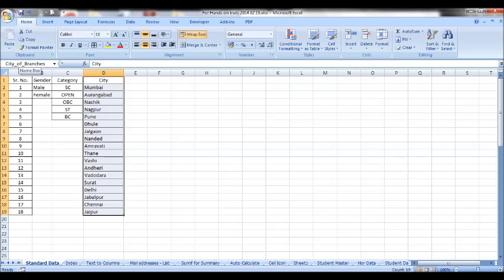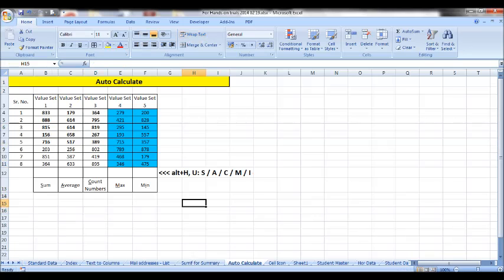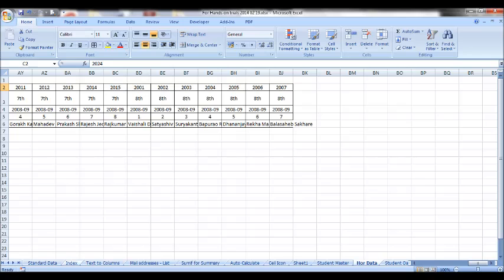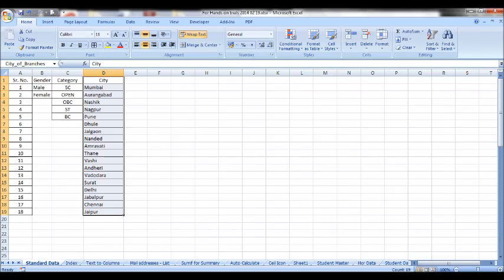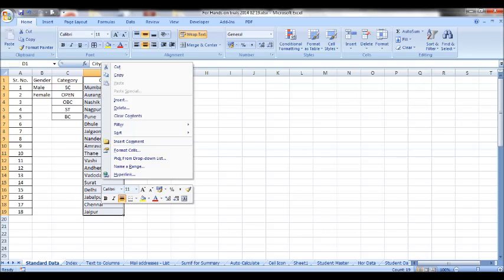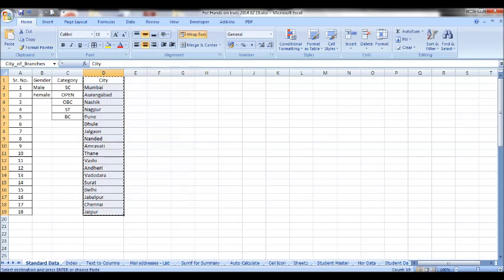And see the change. Okay, now if you are anywhere in the workbook and you want to go to the city of branches for referring to it, just go to name box, click on the arrow, select whatever list you want. In this case we want to have city of branches, click on it, you will reach there. And whatever operation you want to carry out, like copy from here a specific list of names or the entire list with title, then select it as it is, copy it and paste wherever you want to have. This way you can minimize your time as well as be more organized.